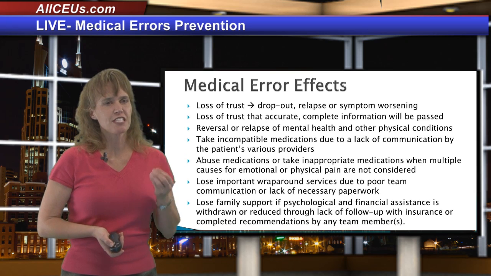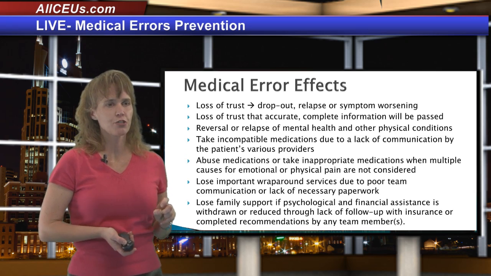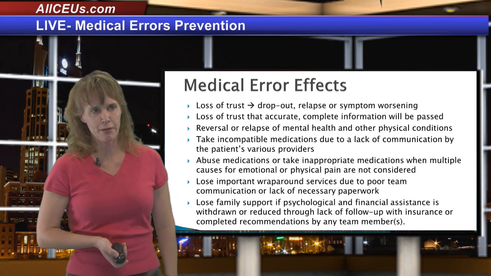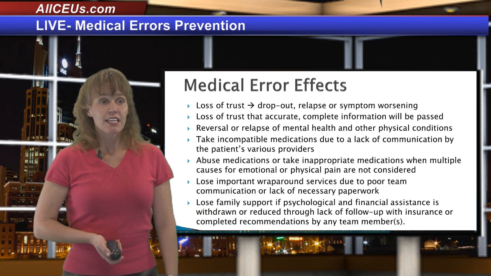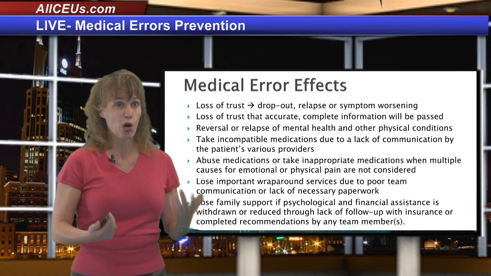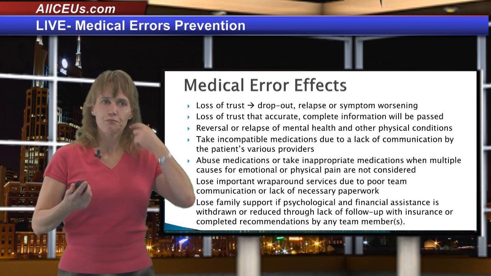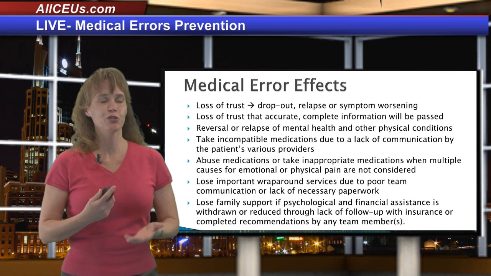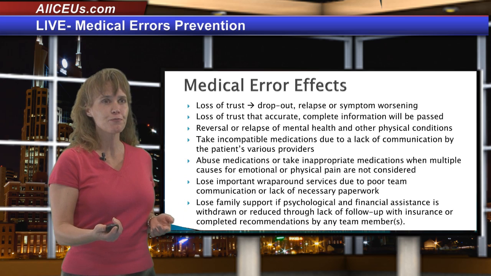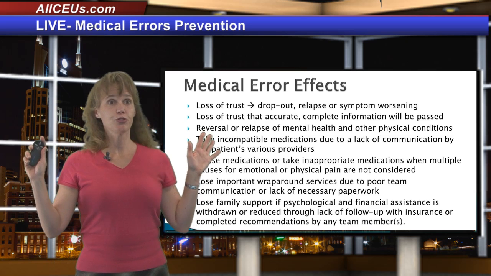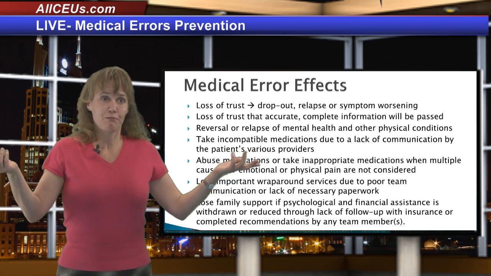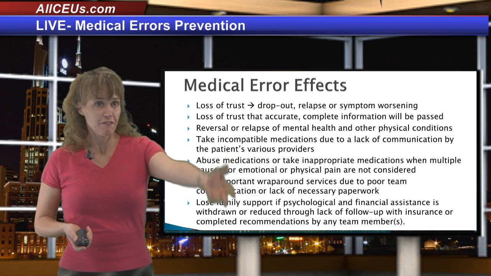Losing family support if psychological and financial assistance is withdrawn or reduced through lack of follow-up with insurance or completed recommendations by any team members. What does that mean? That means if the family perceives that the patient's situation is hopeless, or if the family perceives, even worse, that the patient isn't doing what they're supposed to do, when in reality it's the provider's not doing what they're supposed to do, the family may back off and go, well, when you do your part, we'll do our part. And the patient's going, I did my part, but my therapist didn't, or my physical therapist didn't,